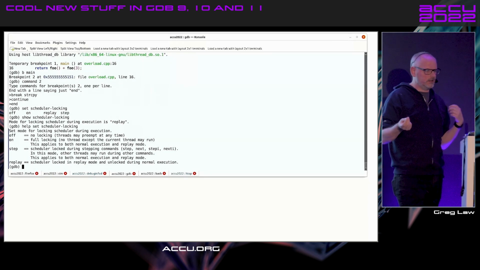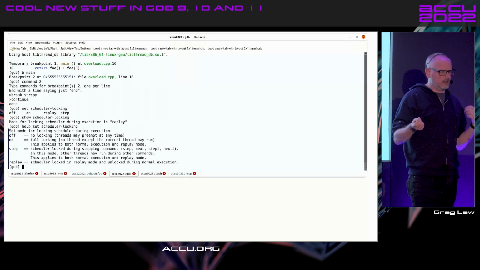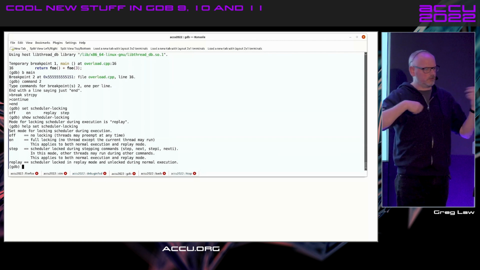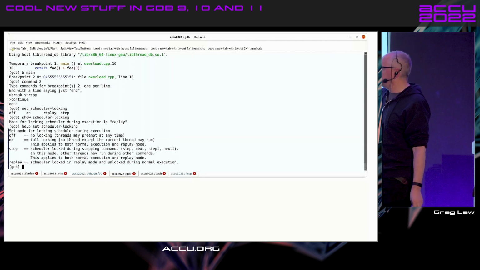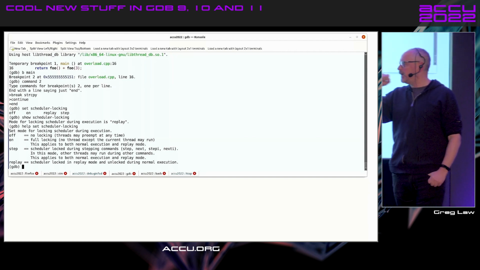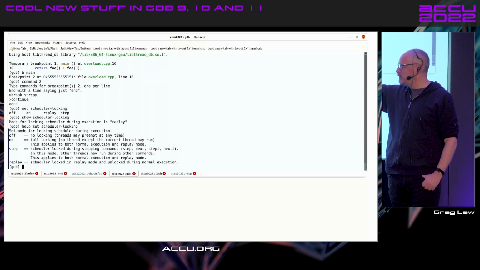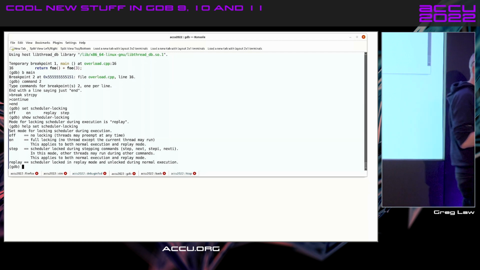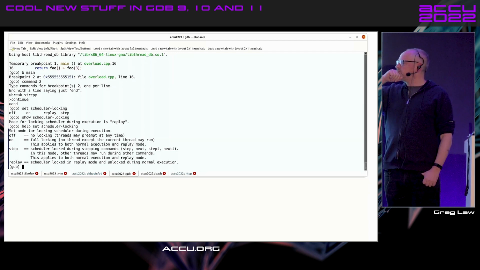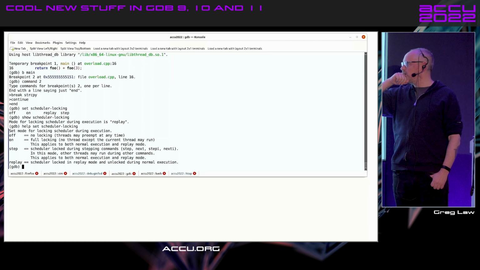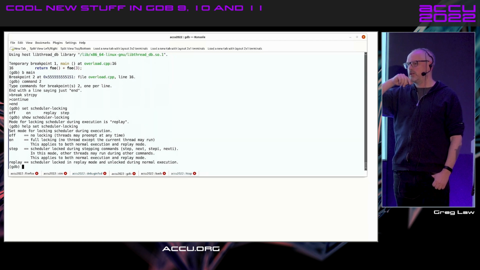It's got different defaults based on where you are. But I think these days on modern GDBs, when you step, it will just step that thread, which is kind of useful. And you can mess about with scheduler locking. I don't know of any other tips around multi-threading other than